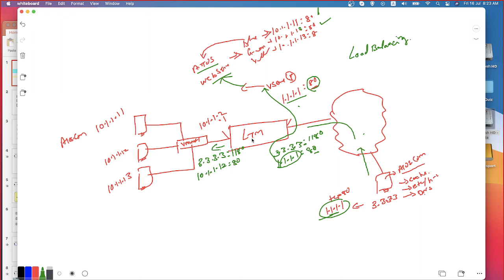So what the LTM does is it has received a request on the public facing interface. Since a matching virtual server is there, the listener IP address has been chosen, and then the respective pool has been identified, and one of the members from the pool has to be chosen to forward this request so that the reply can come back.